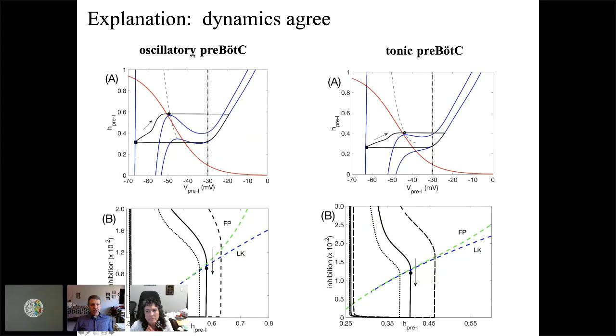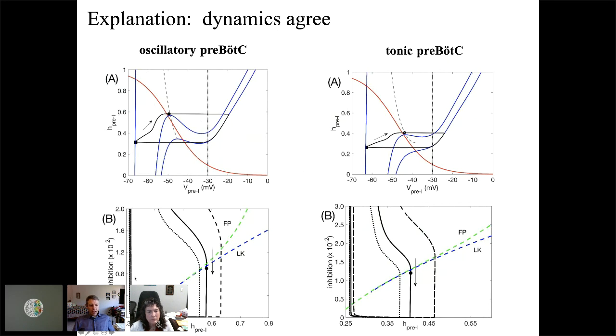Okay, so the idea is when the prebot neurons are tuned to be oscillatory, right, that means on their own they have this nullcline configuration. See the blue here and the red, and so they intersect on the middle branch. So this would be intrinsically oscillatory. There is a knee, right, where the neuron would jump up, and the fixed point is on the middle branch. Okay, now as we give more and more inhibition to these units, the nullcline moves, and eventually the fixed point moves onto the left branch. Right, so we get a fixed point curve, and we also have a corresponding curve of knees.